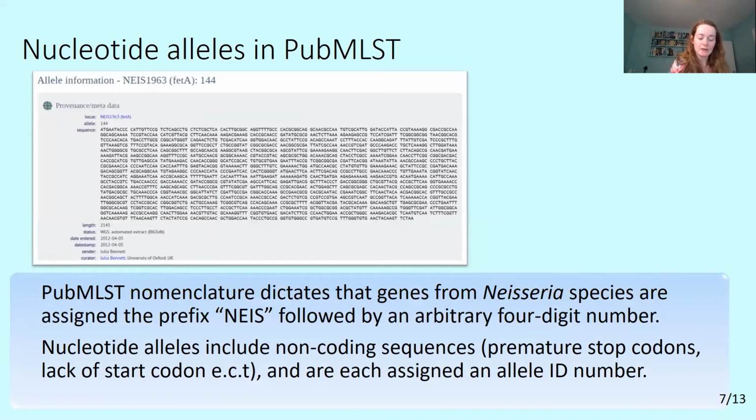Now, moving on to how PubMLST stores alleles. Each gene defined in PubMLST has a continually growing list of defined unique alleles associated with it. This screenshot, for example, shows allele 144 of the Neisseria phet-A gene in PubMLST. Now, PubMLST nomenclature dictates that genes from Neisseria species, which is what I was working on, of course, are assigned